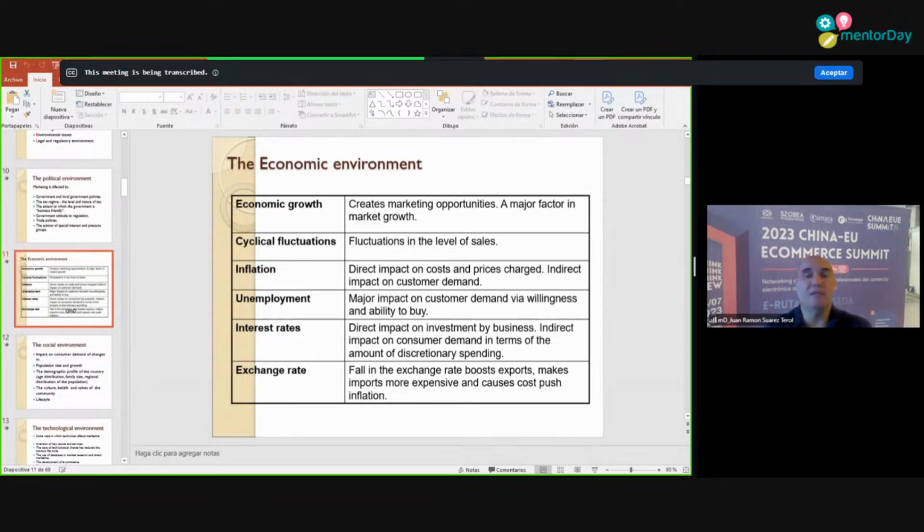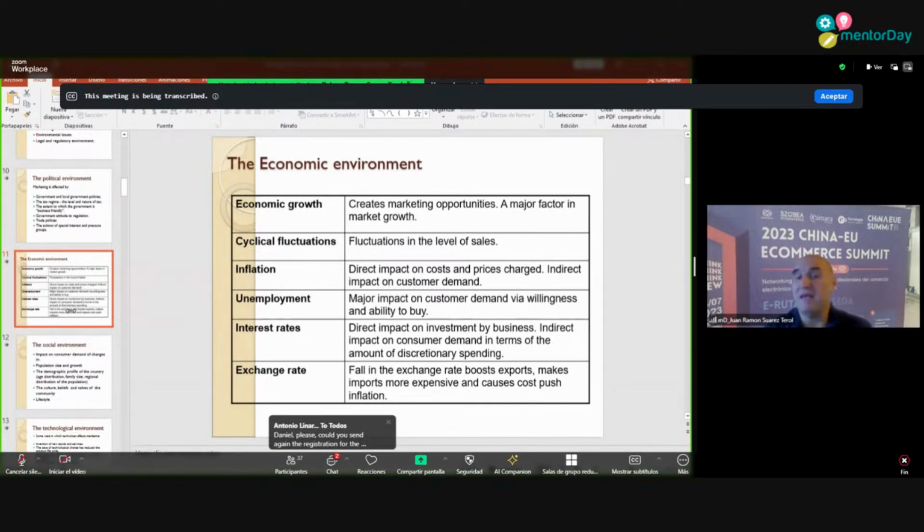The economic environment, obviously, is very important to understand if you are going to grow or not, and your objectives for the next few years. Economic growth is very important. Even in Ghana, for example, if you are just thinking about the local market, the domestic market in Ghana, or your proximity market, like Ivory Coast or Nigeria or Senegal, or if you are thinking about very international markets like the European Union or the US, obviously economic